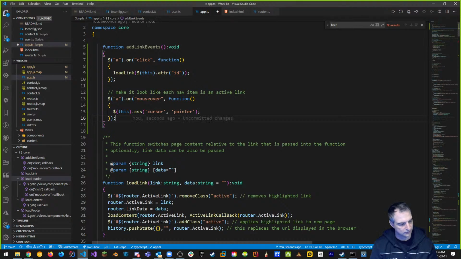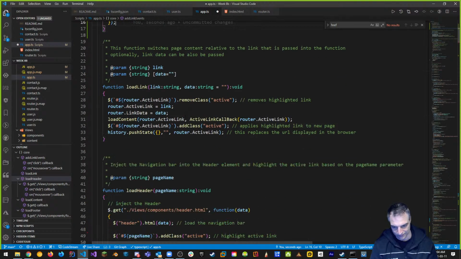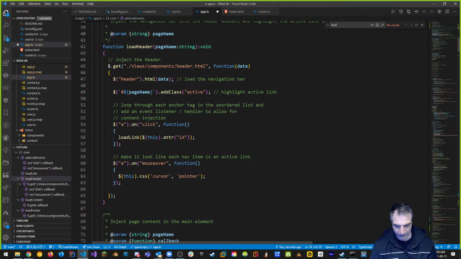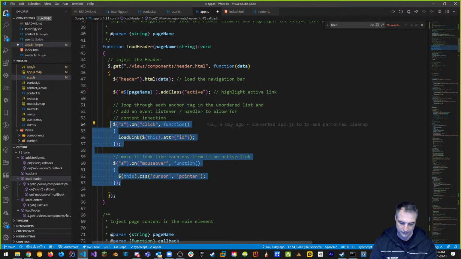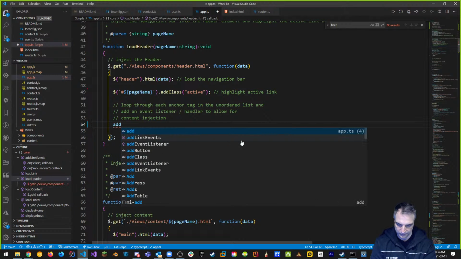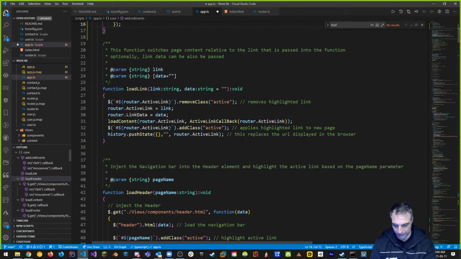Should I do this? Think about what this is going to do. Depending on when I load my toggle login, right? Depending on when I do this, if I don't do this properly, it's going to add links to even the buttons, because buttons can be links. This can mess up other things. But add link events, it's got to be in the right place. That's what this does, add link events. So then what I can do is I can wipe this out, add link events, right? And just before we get there,